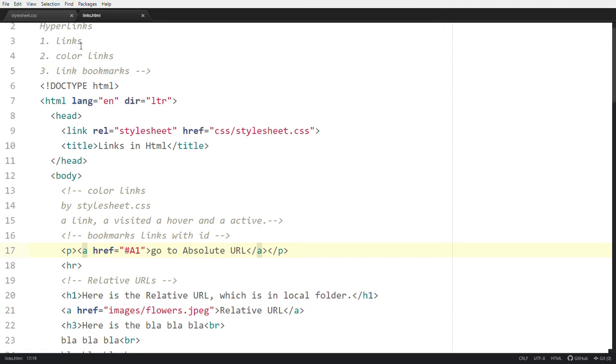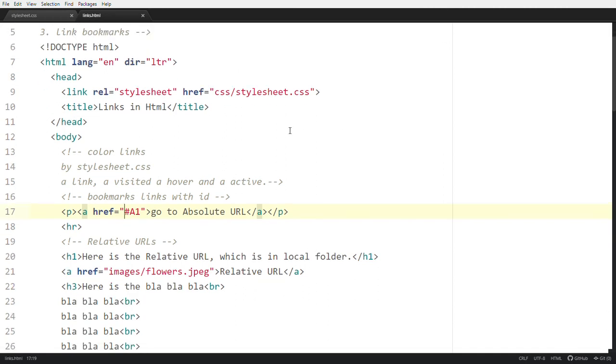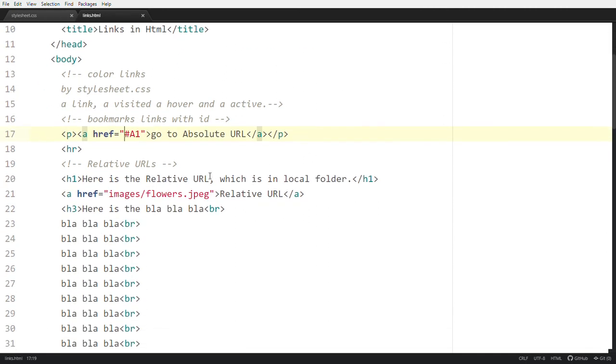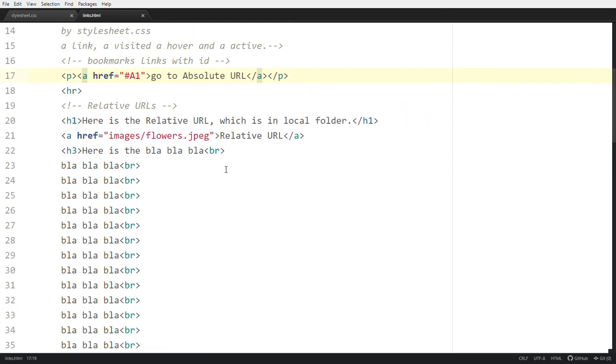Then the first one is links. In the links we normally use URLs, but URLs are of two types: relative URL and absolute URL. What does relative URL mean? The files which we want to access are in this page's folder or in some other folder. Like images is a folder, and in that a flowers image is there.